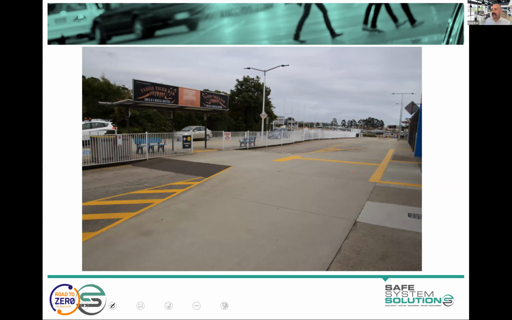And they've got a variety of examples of unclear priority. Here's Launceston Airport. As you exit and you're running over to find your friend you haven't seen for years, you've got the other vehicles, taxis and the like going through there. I like this one because it's raised, but in terms of confusion of priority, it's quite there, isn't it? So why that would not just be made into a pedestrian crossing, I'm unsure. Anyway,